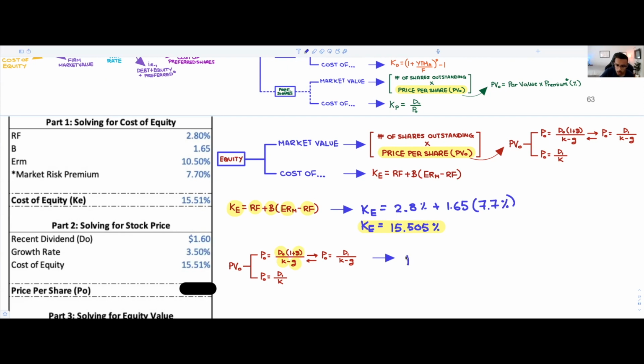We know that the present value of our common shares will be equal to 1.6 times 1.035 over K minus G. So it's going to be 15.505% minus 3.5%. And that's going to give us a price of